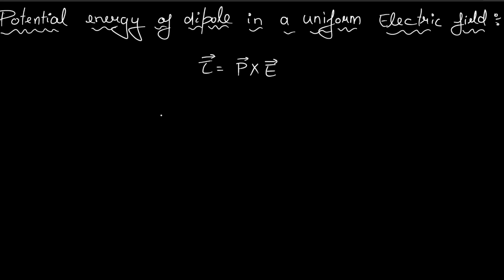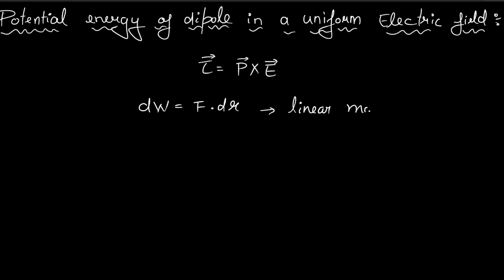Now I think you know the work done delta W when we are discussing linear motion. We discussed that dW is F dot dr, and then we integrate it and find out the total work done, from where the body is to where it is moving. This is for the